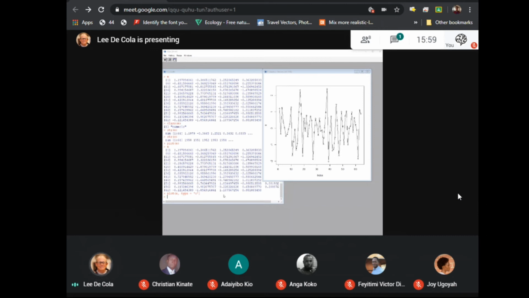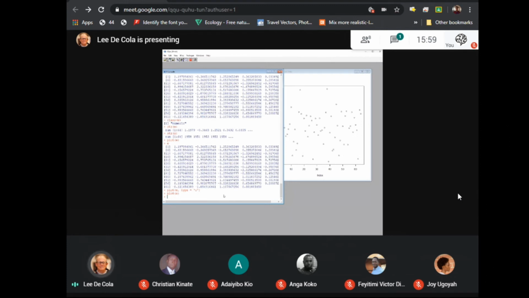Let's do something a little more interesting. Let's plot E, and then let's add the points and make them red and make them bigger. Character expansion 2. So what I've done is I plotted E as points, and now I plotted E, and I've added points. What I wanted to do was to plot E as lines,